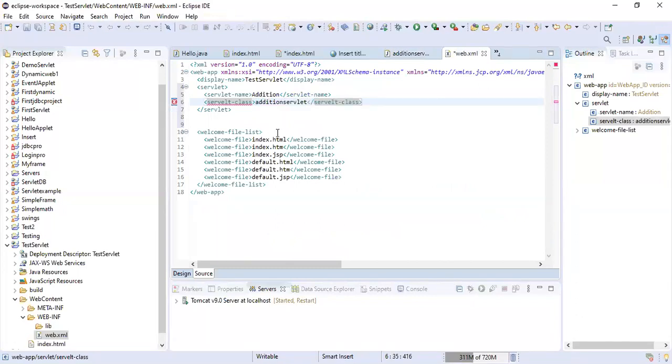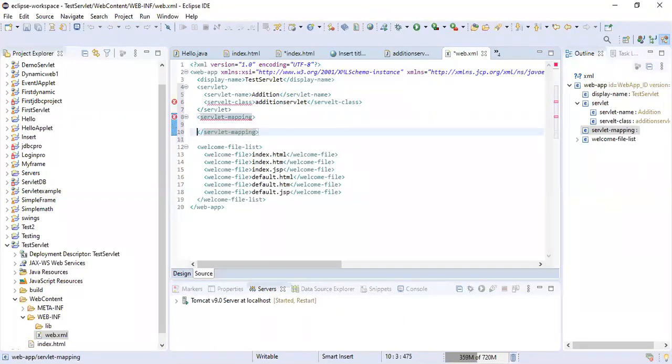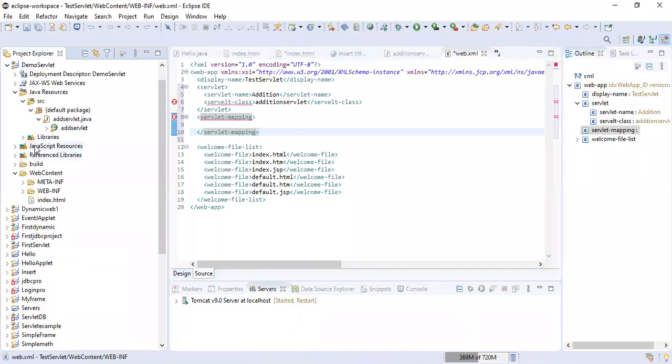Now after this servlet tag, there is one more very important tag of mapping you have to add in the web.xml, and that is servlet mapping. Let me check the tag name.